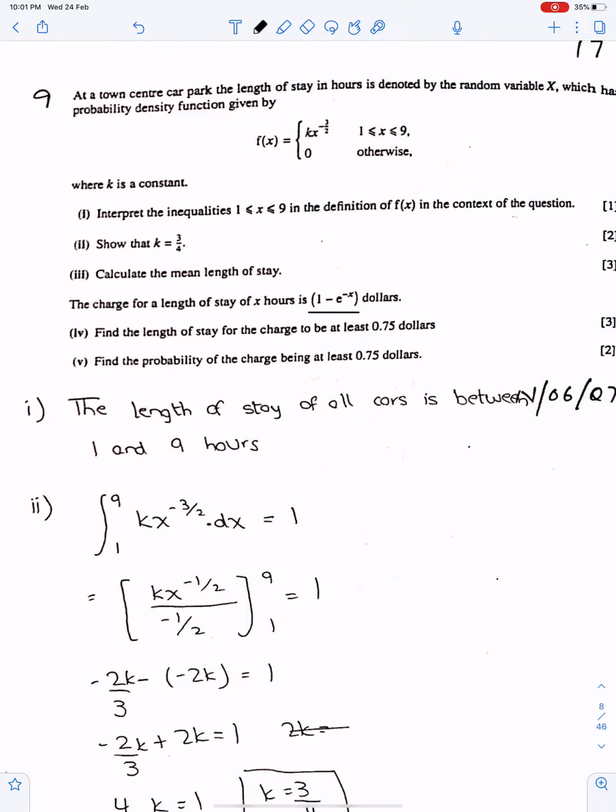Just write this, as this is the charge, so this should be at least 0.75. It means this quantity is greater or equal to 0.75. Last part, find the probability of the charge being at least 0.75. This part is very simple. You have the value of x here. From this information, use this value